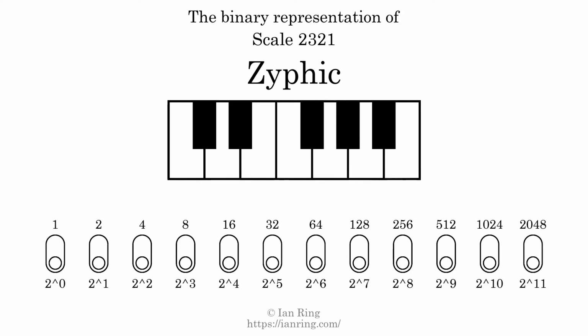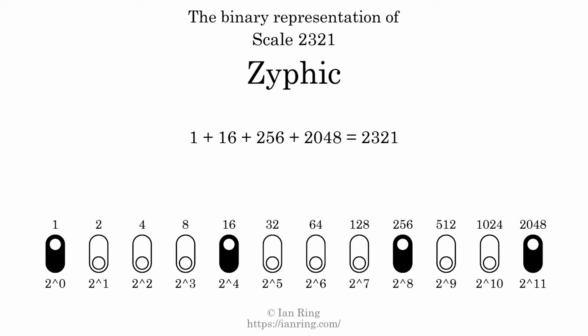The binary representation of this scale is determined by mapping tones of the scale to binary digits. Each binary digit represents a power of 2. To get the scale number, we add the powers of 2 together. The powers of 2 that are present in the scale, all added together, equals 2321. That is why the scale number, in decimal, is